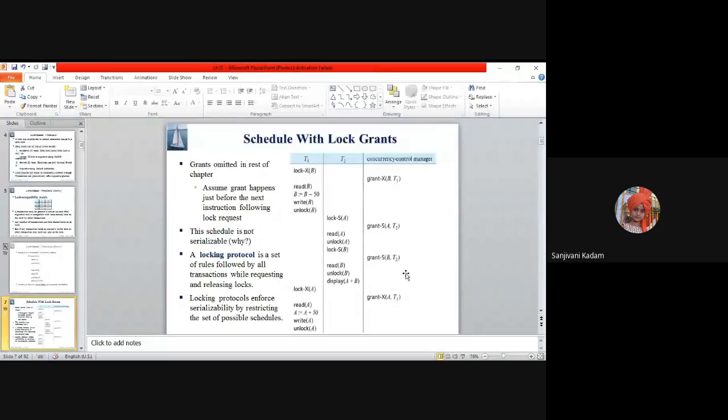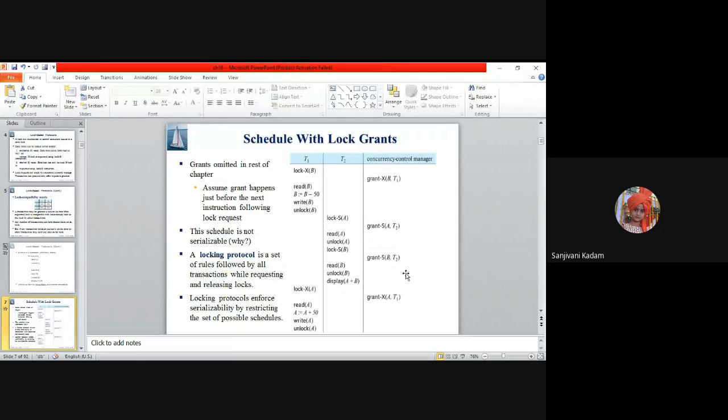So here T1 and T2, these two transactions are there, and the concurrency control manager is responsible for deciding whether T1 or T2 can access any of the data items, and in which mode they can access. Okay, so there are two types of locks, shared and exclusive.